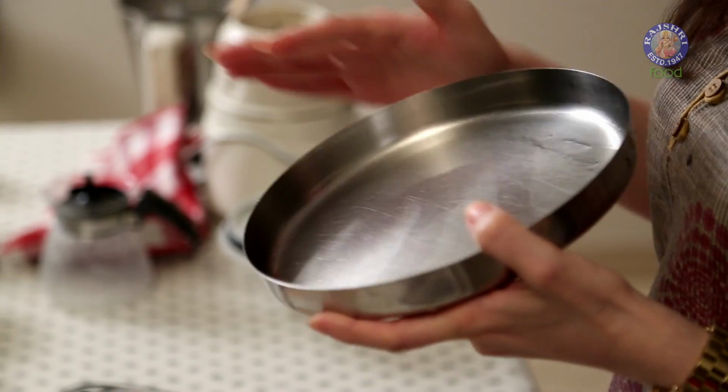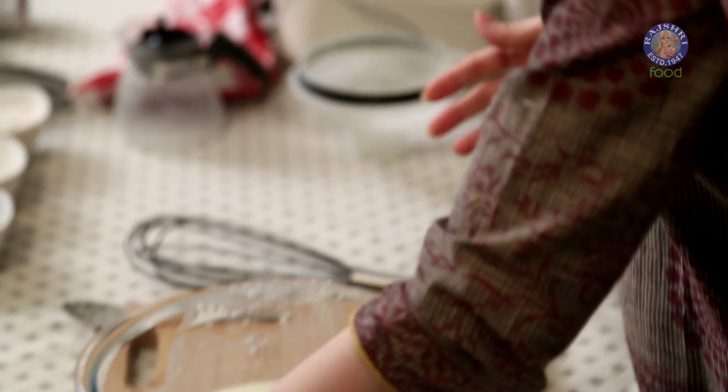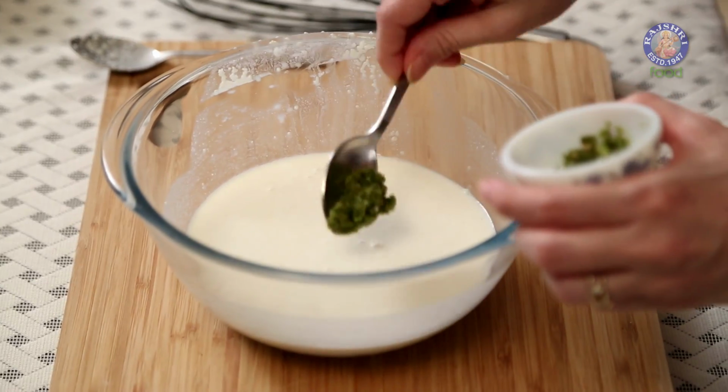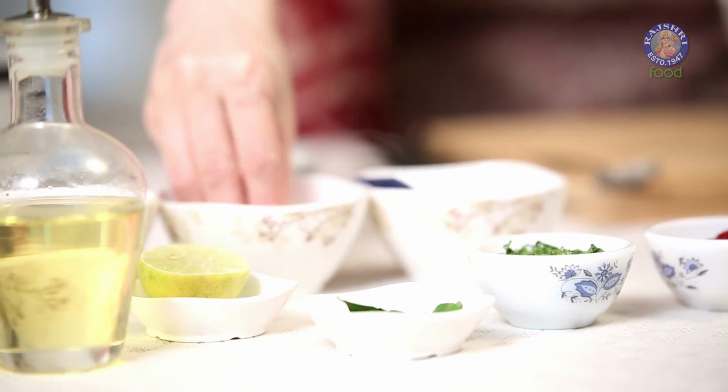Before you mix all the other ingredients, make sure you have a pot of water that is boiling. Also, I have an 8 inch thali over here that I've just greased with oil. And now I'm going to season this batter. So I have some ginger chili paste, salt,